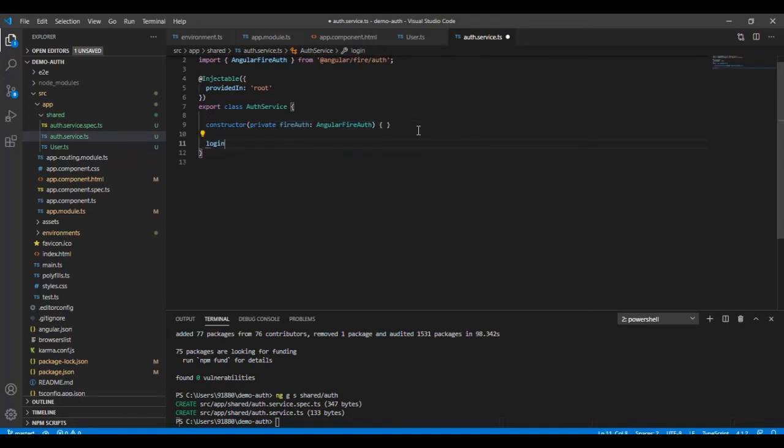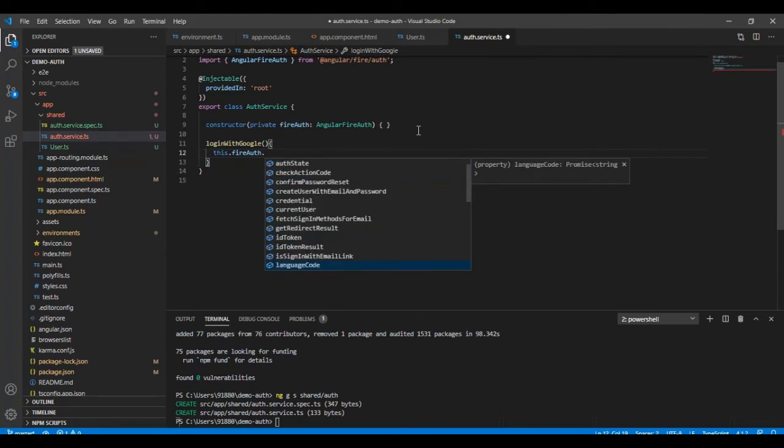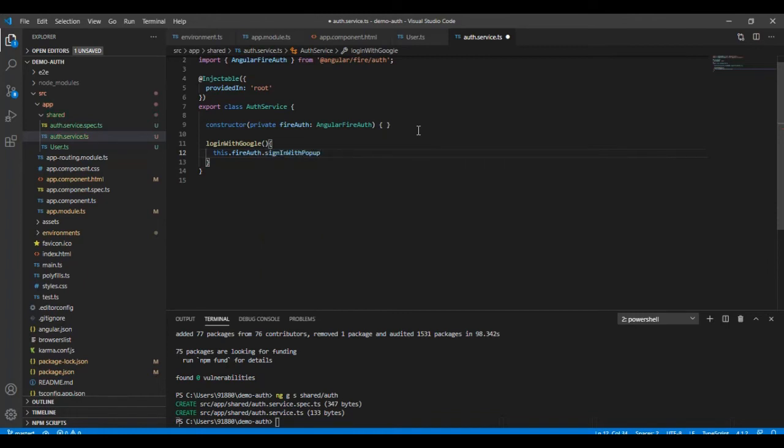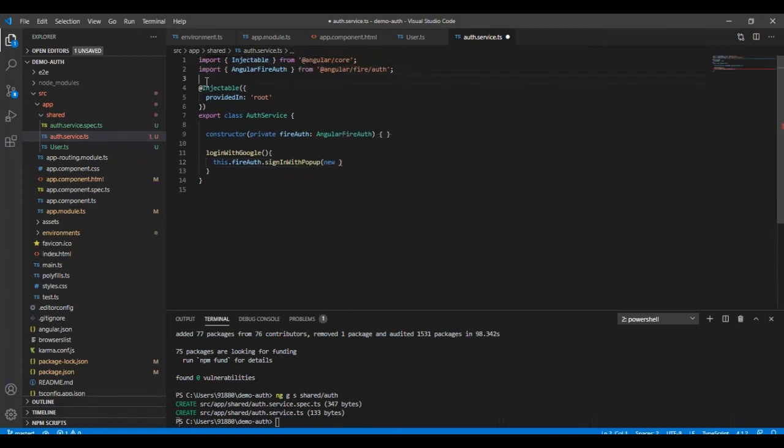So I'm going to say login with Google. Okay, so this start dot sign in with pop-up. Okay, I'm going to use new auth. Okay, we need a provider, right? So the provider, you can pick it from